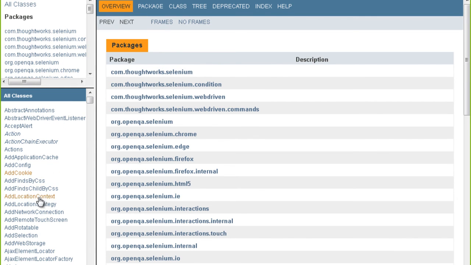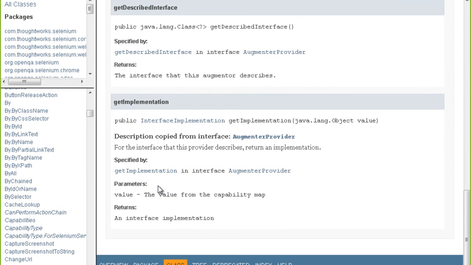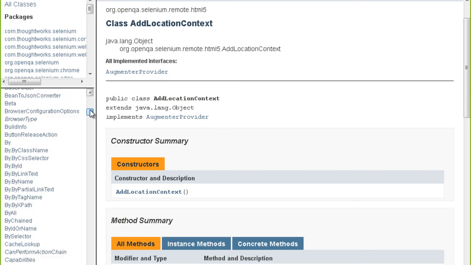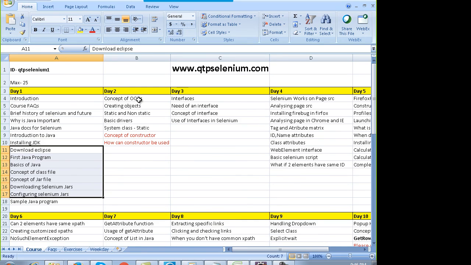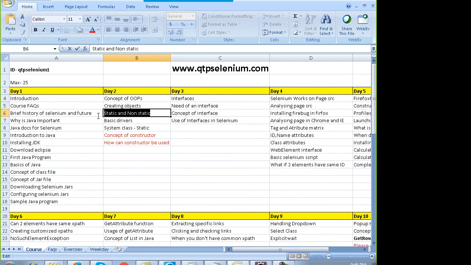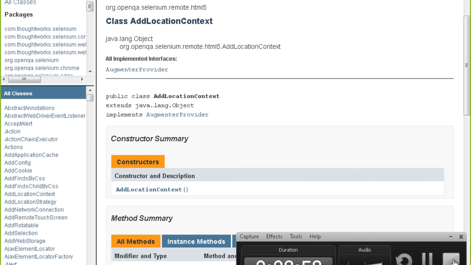To understand this documentation, you will have to understand object-oriented programming. And then only you can move forward. So the next thing is learning the concepts of object-oriented programming. What is static, what is non-static, what are the very basic drivers and all in Selenium. Right, so let's do one